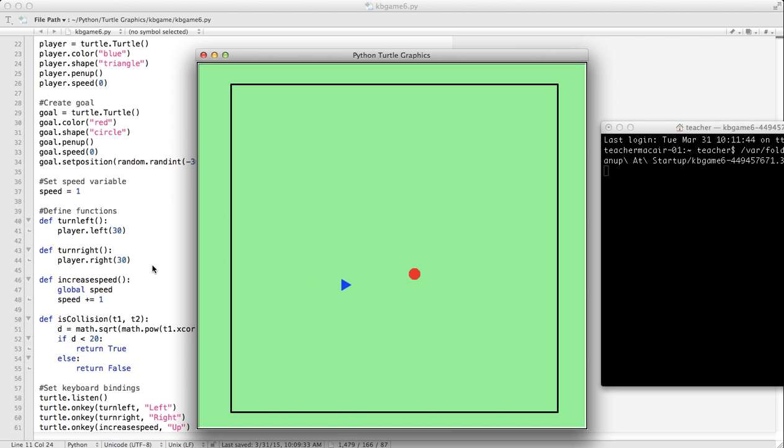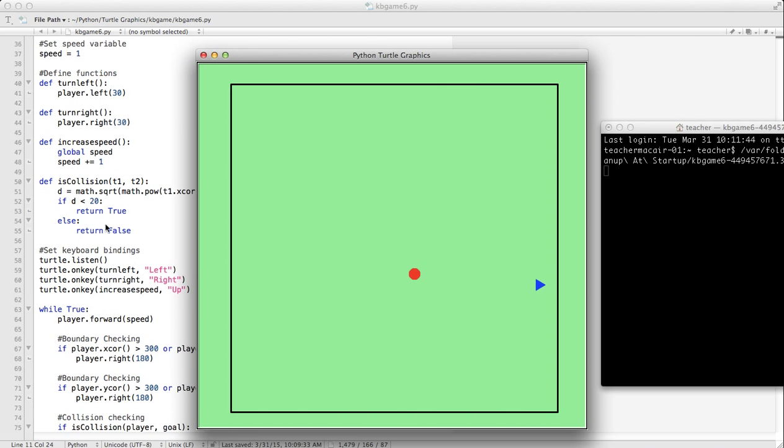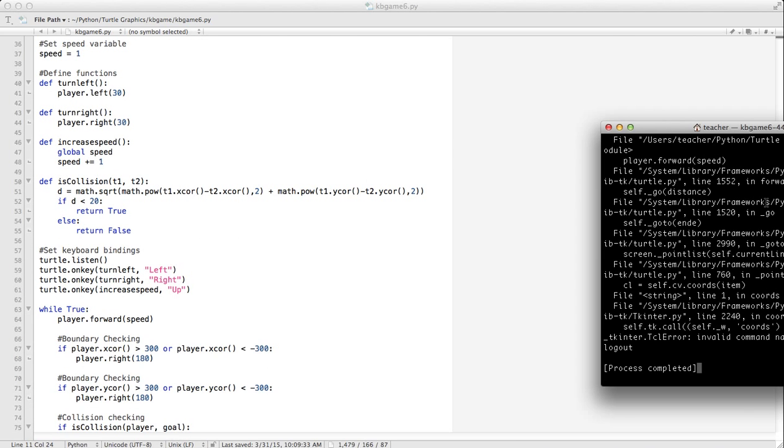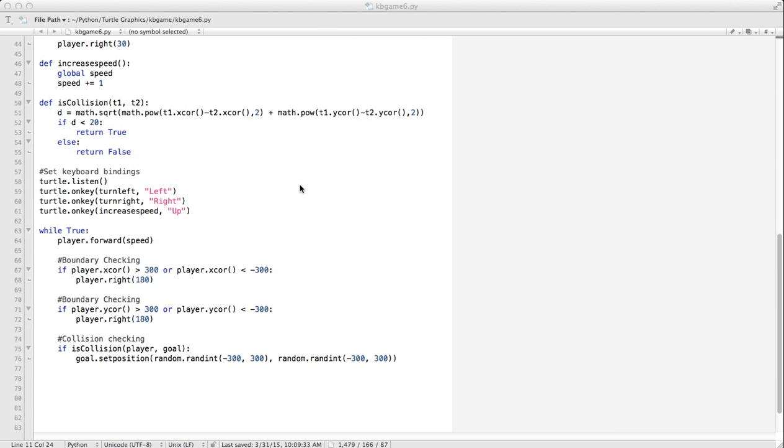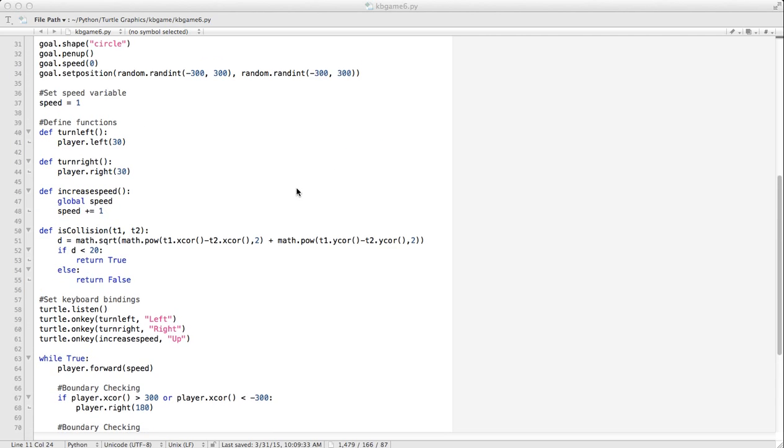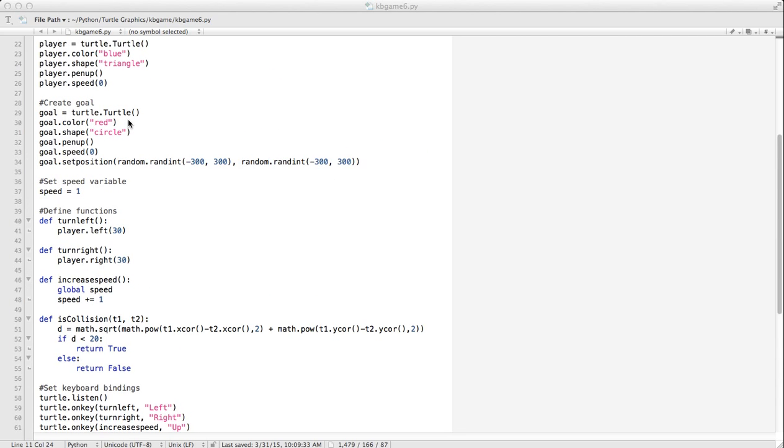And in the last one, we talked about how to use a function to determine whether or not there was a collision. And again, we're using the method of distance. So distance from the center of one turtle to the center of the other turtle. We just chose 20. It's a little bit more complicated than that. You would think about the actual size, but for our purposes, this will do for now. So what I want to do in this lesson is actually get the goal to move around a little bit,